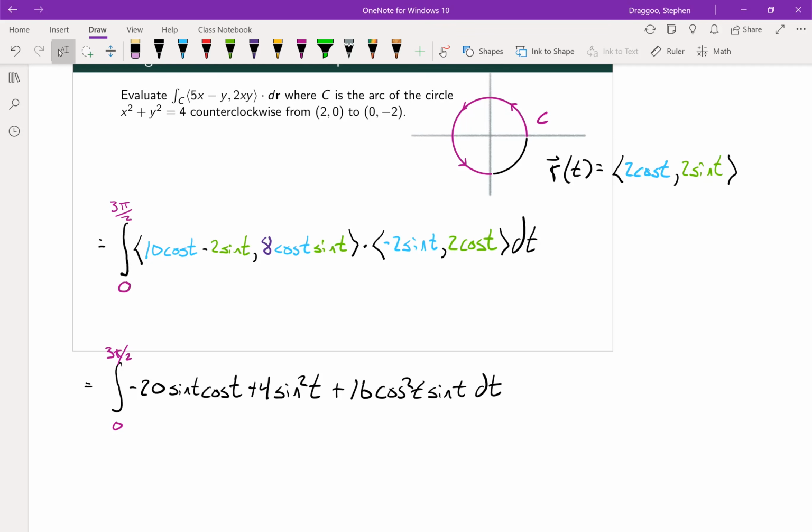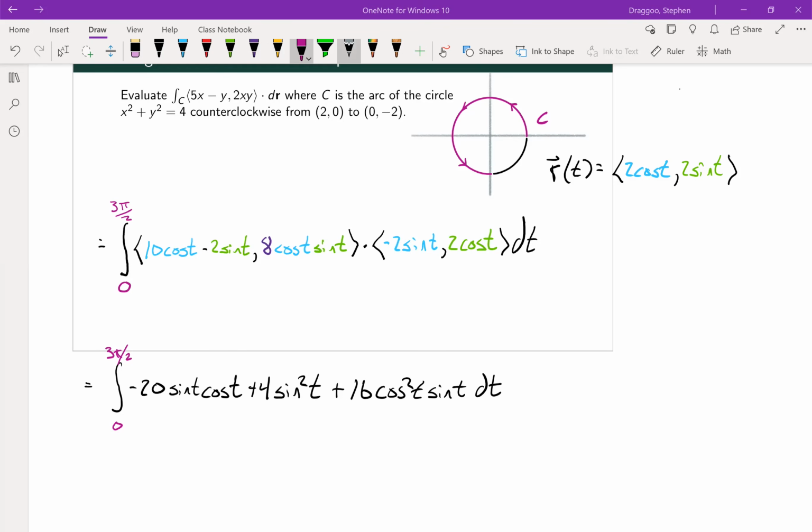But sine squared is going to be a bit trickier. We're going to want some sort of a double angle formula there. And that double angle formula, if memory serves,